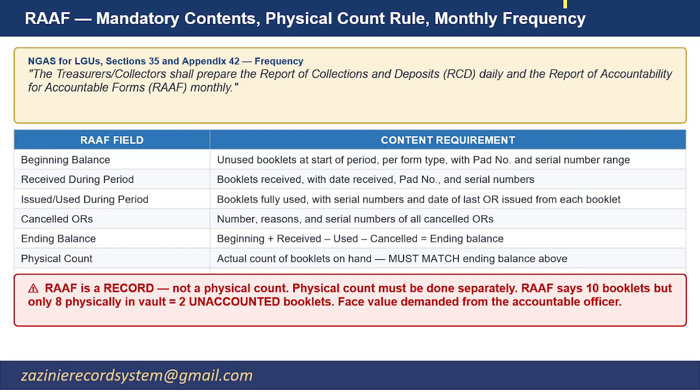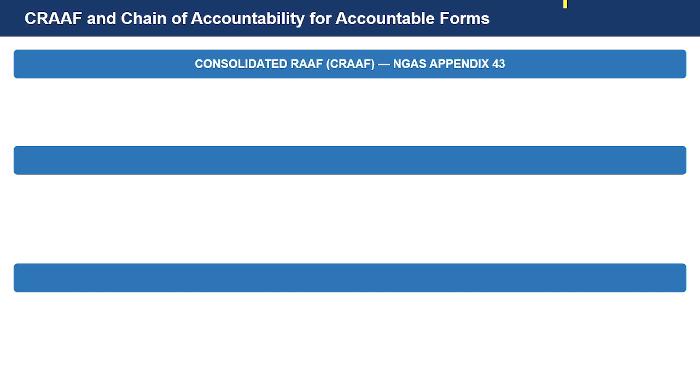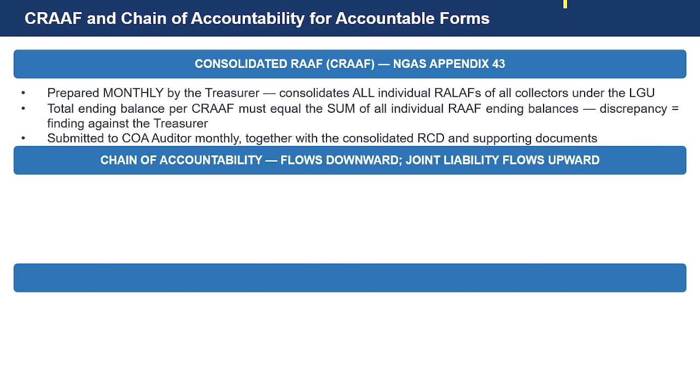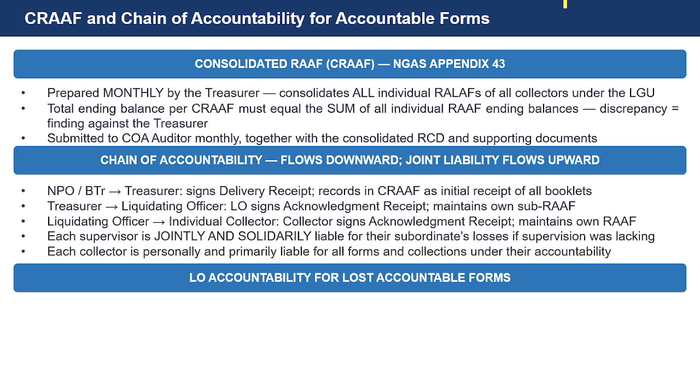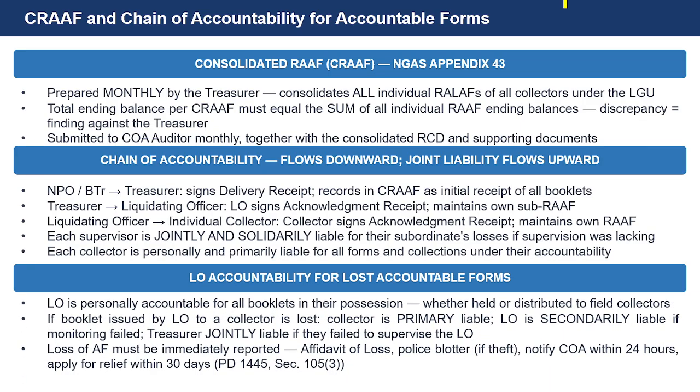If the report says 10 booklets remaining, but you physically count only 8, you have 2 unaccounted booklets, and the full face value will be formally demanded, personally, from the accountable officer responsible. The paper record and the physical reality must always match. Confirm this every single month. Next slide. The consolidated report on accountability is prepared monthly by the treasurer, consolidating the individual reports of every collector